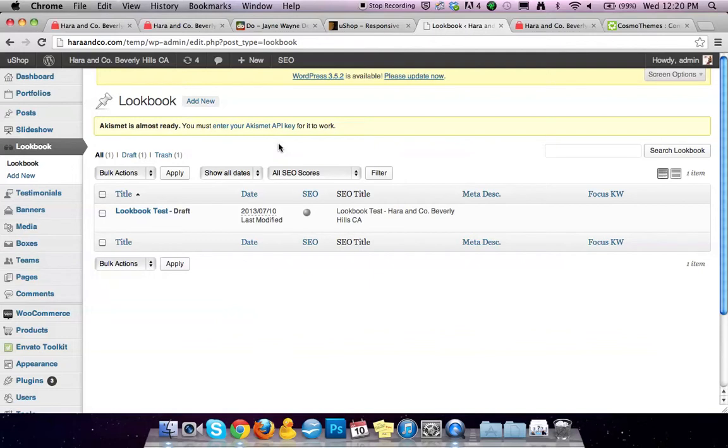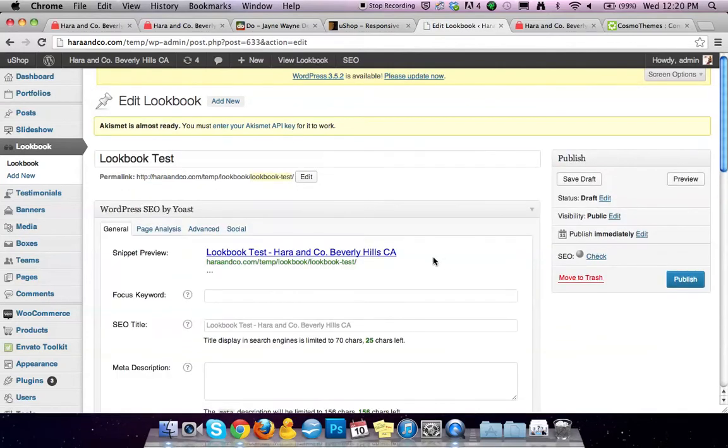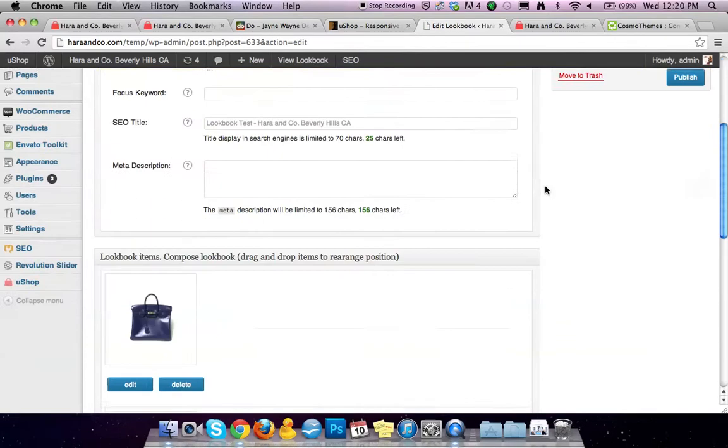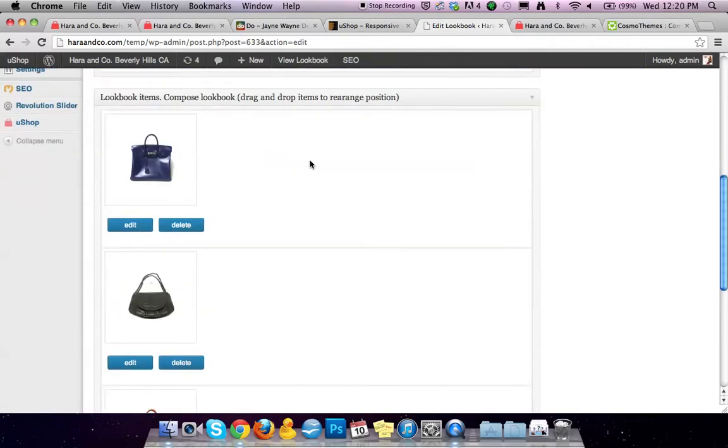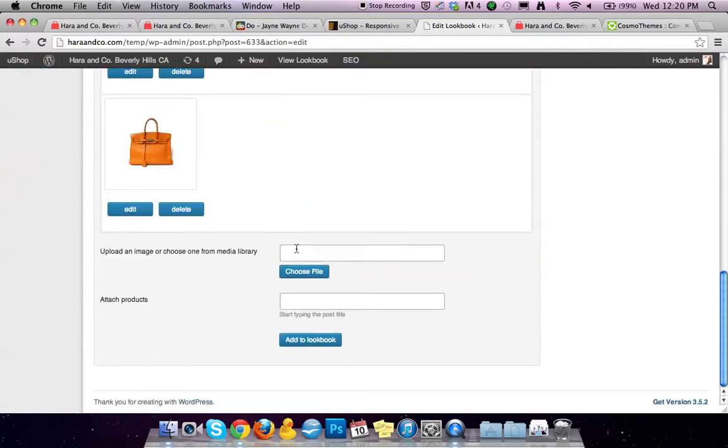Hey, so I played around with some of the settings for the Hero & Co. website, and the first thing that I'm going to talk about is the lookbook, because I think we can actually use this for this actual site, and it's pretty straightforward. This was just like a test, and you add them by choosing an image, either uploading or choosing from the media library,